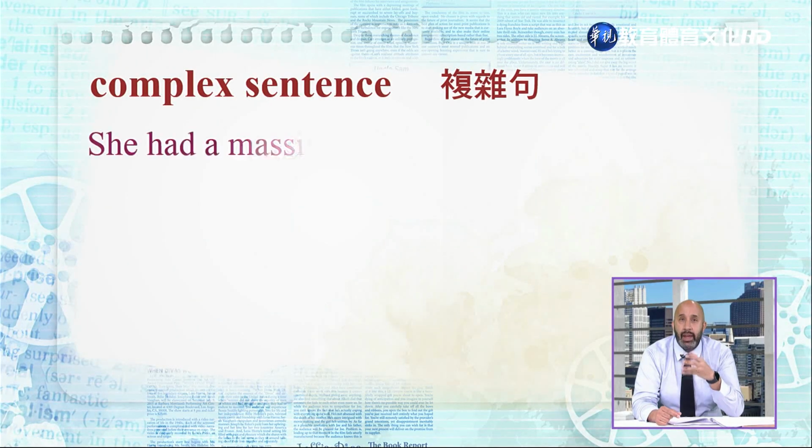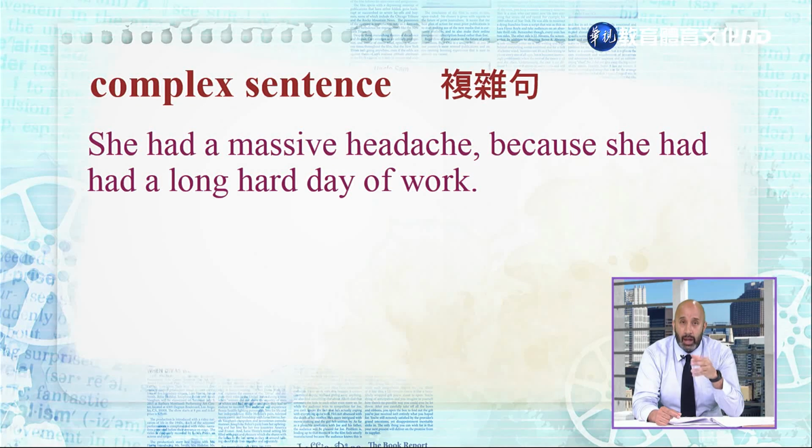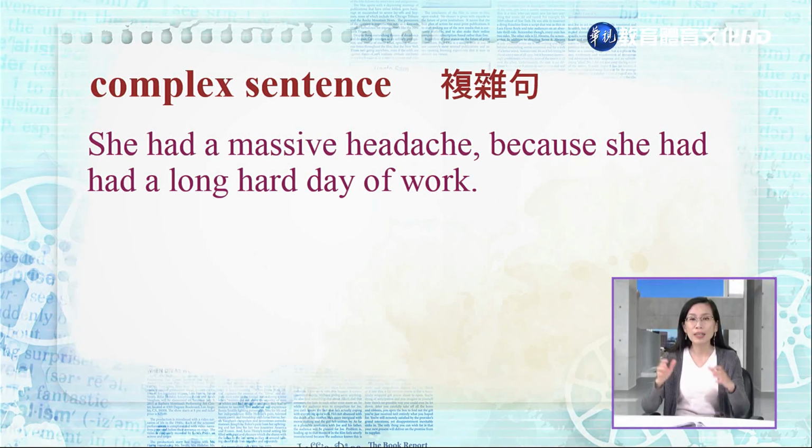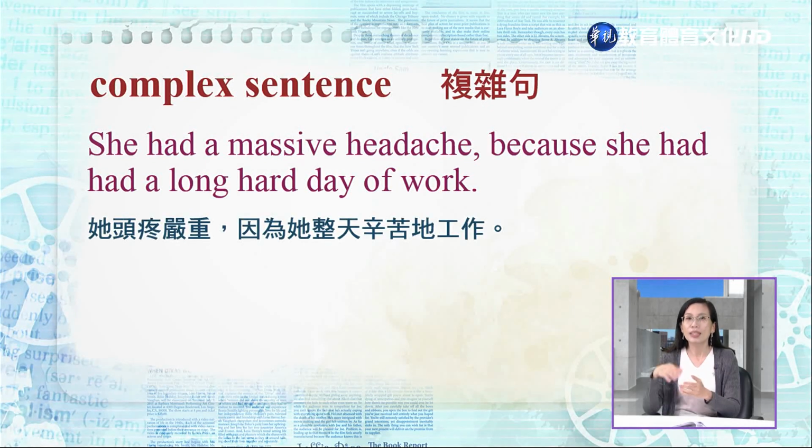She had a massive headache because she had had a long day of work. 好,把刚刚那两个句子呢加在一起呢,就变成一个复杂句,那就是她头疼严重,因为加上因为这个字,因为她整天辛苦的工作,那这个因为这个字呢,后面的那些句子就是不能够独立存在的,合起来变成一个复杂句。